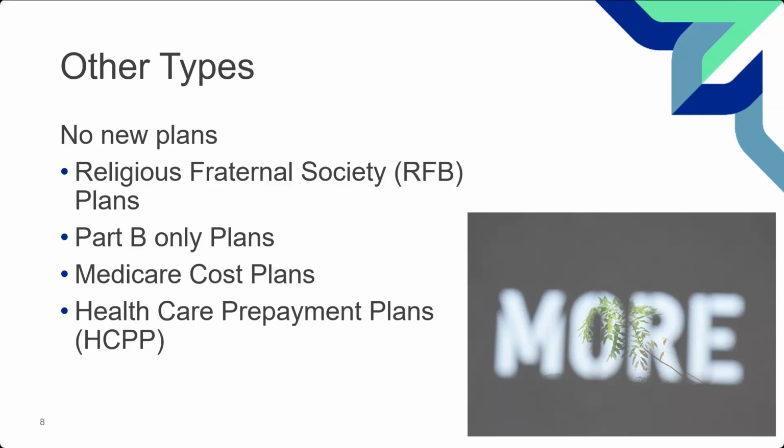There's an older plan, and it's called a Medicare Part B only plan, and this is one where the patient does not have Part A, but they can still take this plan. Now, why would someone not have Part A? It's because they didn't work enough quarters in their lifetime, or their spouses did not work enough quarters in their lifetime to make it free. And if you work 1 quarter to 39 quarters, there's a fee for Medicare Part A, and it can be very expensive. So as an option, you'll get Part B, and you can pay for that. It's much cheaper. And so this was a plan that worked with that.